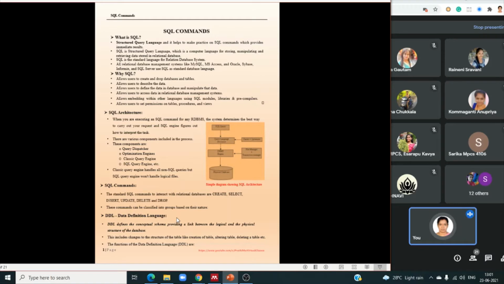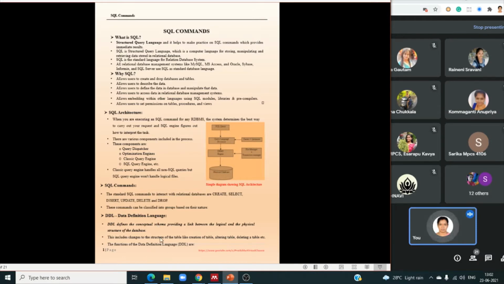Okay, what can we change in the structures of the table? We can create the table, we can alter the table, and we can delete a table. First we have to create; for manipulating or managing, first we have to create. We can alter. What is altering? Altering the structures, for example changing the data type, changing the size of the columns, like that. Deleting means deleting the entire table from the database. Like that we can do by using this DDL, data definition language. These are used to define the structures.